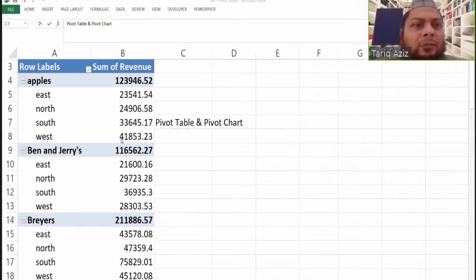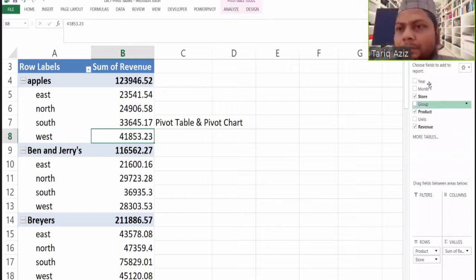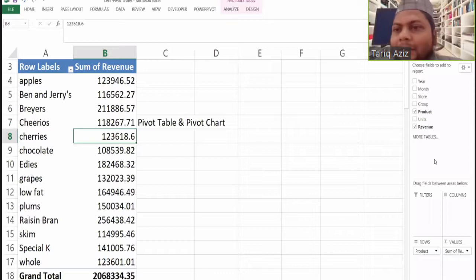One of you was asking about the meaning of pivot. It is pivot because we are dragging something here to the rows, columns and values. So we are pivoting, we are controlling, we are giving direction to the table.